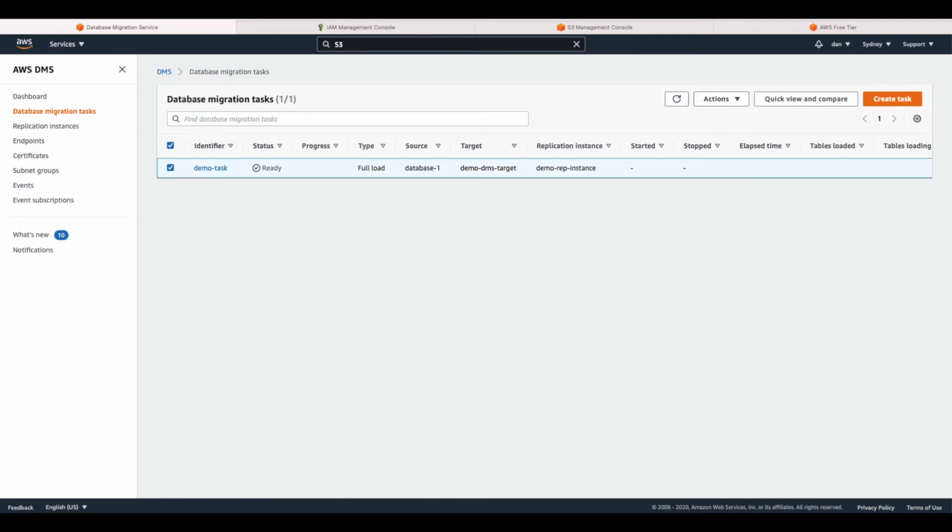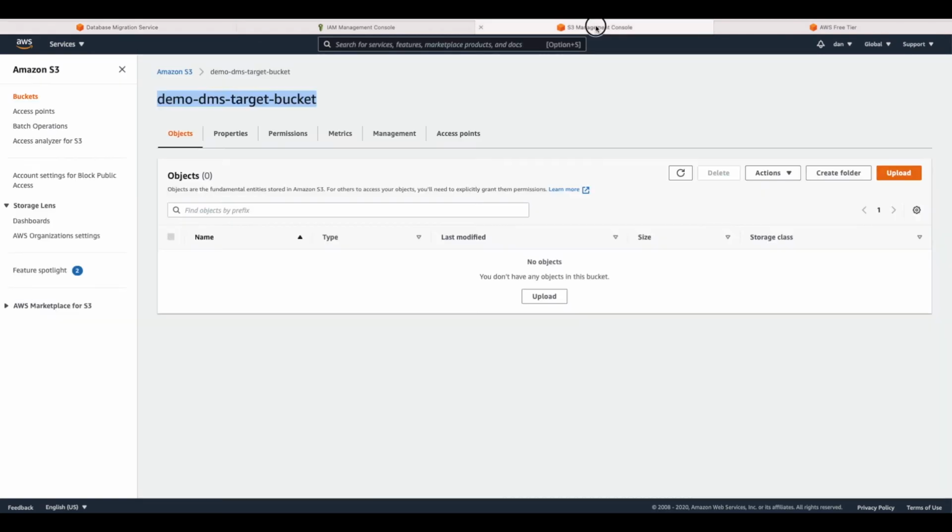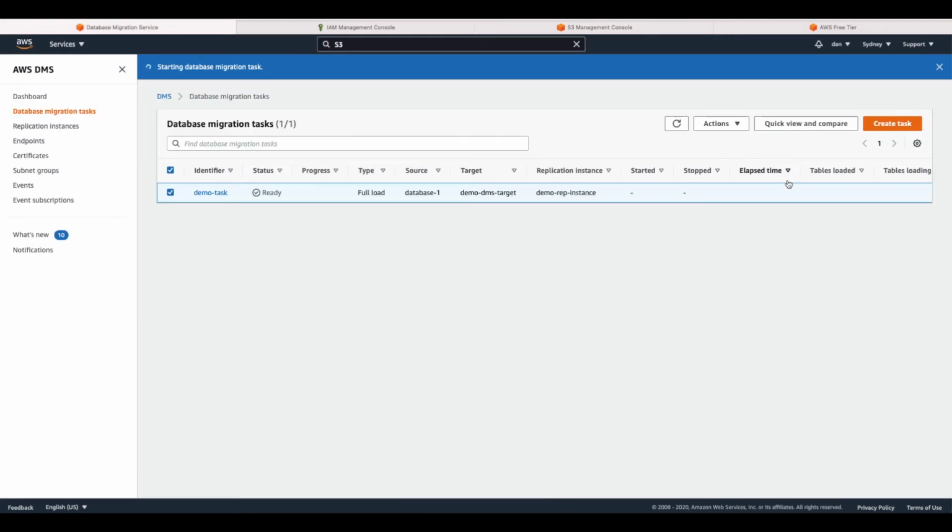So our source is this public schema. We want to extract everything from this public schema that has the department and employee tables. And we want to extract this data into this demo DMS target bucket. As of now, it is empty. So let's execute. It is executing now. When the task is created, it executes for the first time and it is in the starting phase. So it is executing. If you refresh,